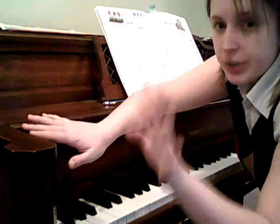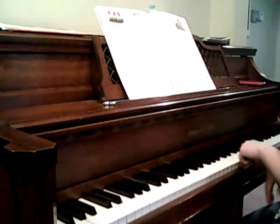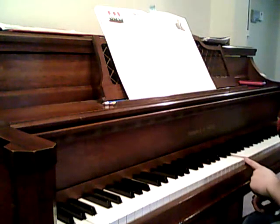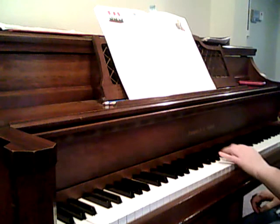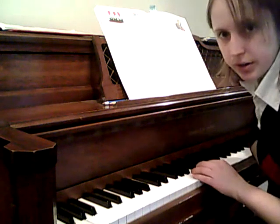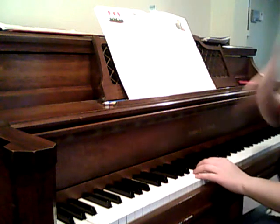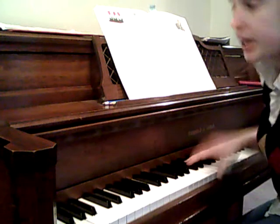Your right hand is also going to be in C position, but it's going to be much higher. So you see, here's middle C, typical middle C, but we want the next C up. So your hand is going to be an octave higher. I believe we've talked about octaves. So your left hand first, if we're counting it out,